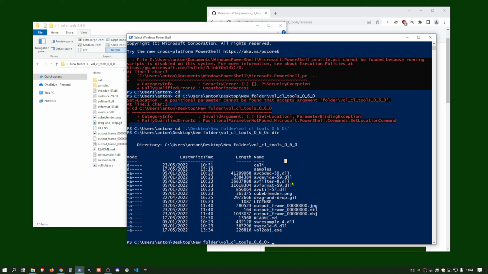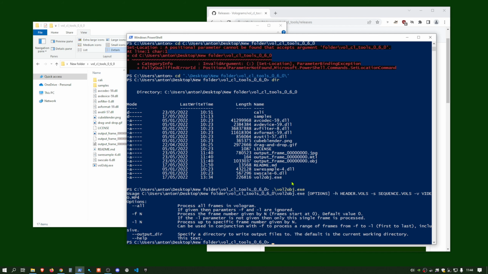That's great. So if I now type in, now on PowerShell, I believe you're going to hit dot, and then I think backslash, and then vol, and I hit tab. So if it's in the same directory, it likes a more Unixy style these days, where you hit dot and a slash. On the older CMD console, you don't need to do this. You just type in vol to obj. So if I just hit enter there,